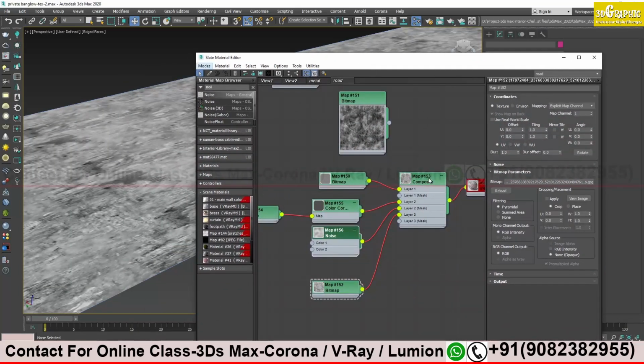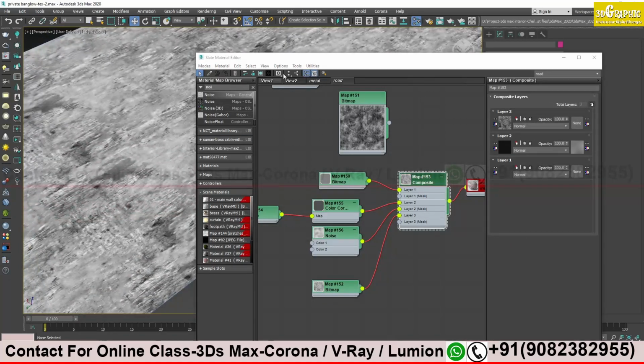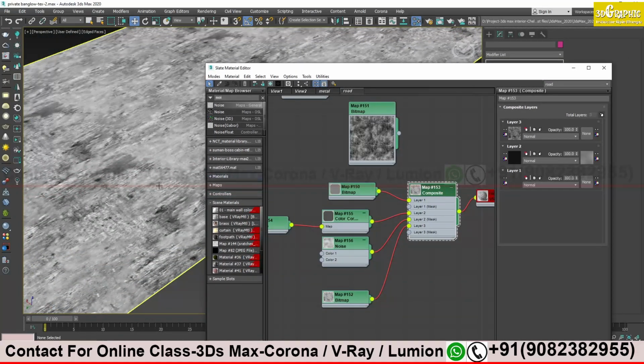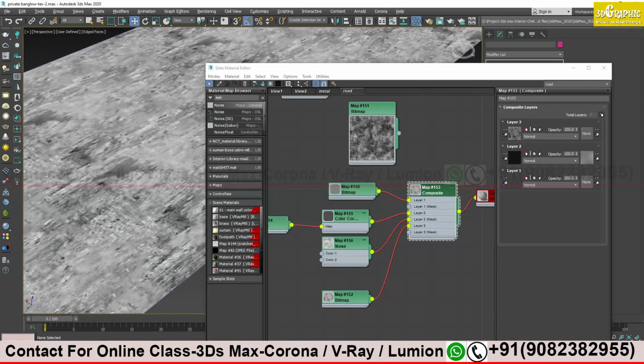As you can see, this is my topmost layer, and it is overriding all my bottom layers. So this time we are not going to do the masking thing. This time we will change the blending mode. We try to change the blending mode